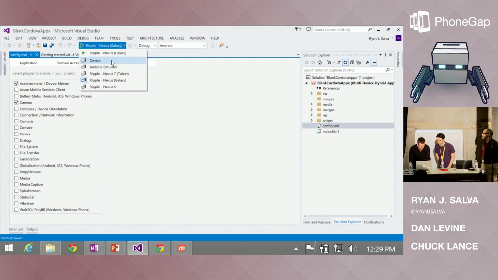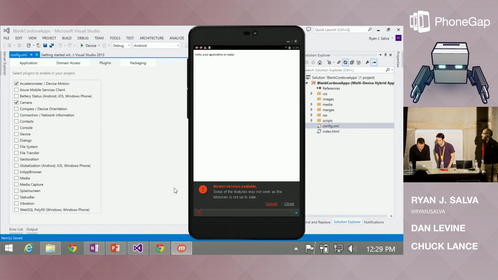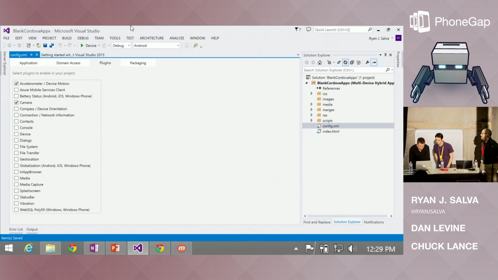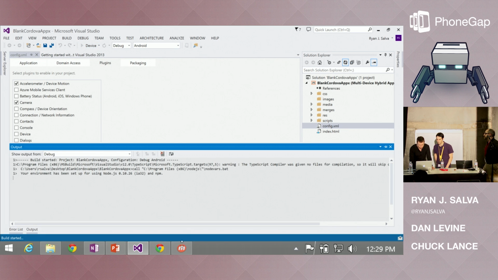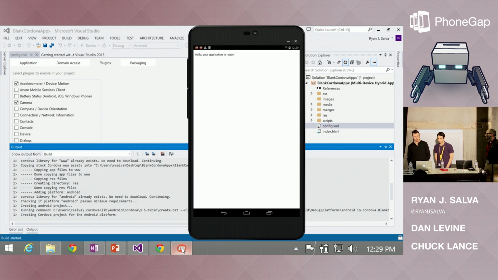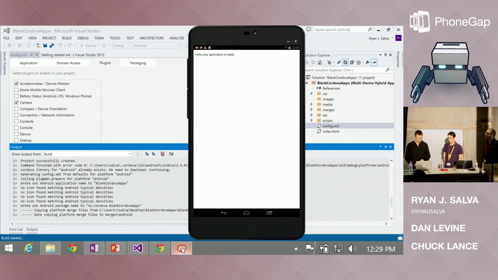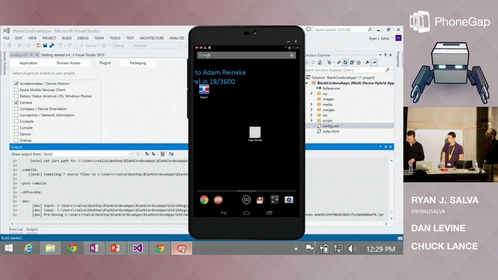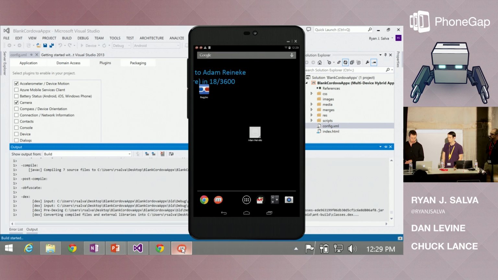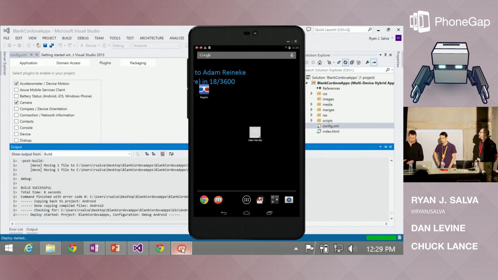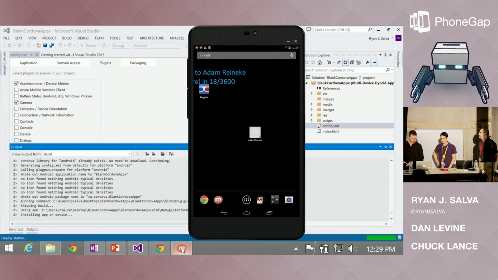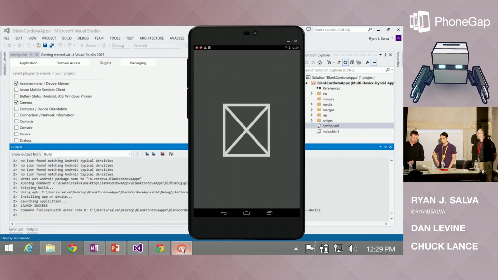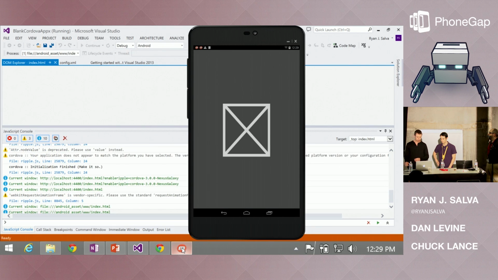And let's go to device. Is Mobizen working? Yes, it is. Close. Go. All right, so at this point, we're actually attaching to the Android device, and it's going to build here for us. Hopefully we can all see. Oh, Cordova build. It happened so quickly.